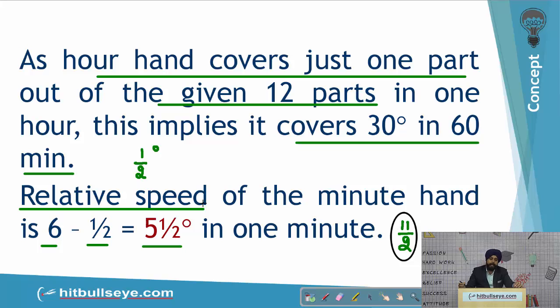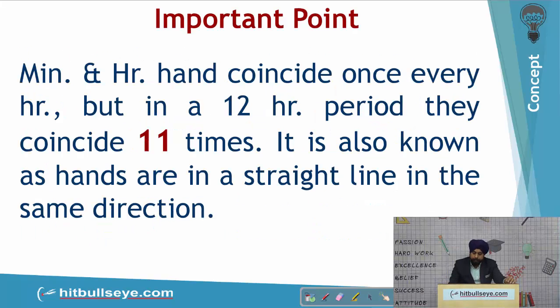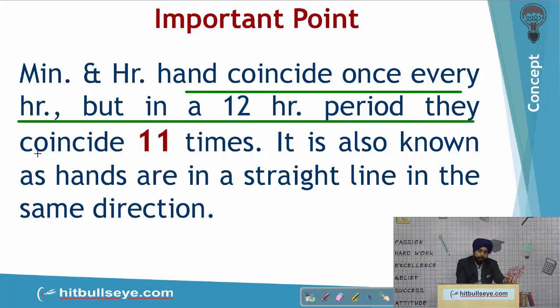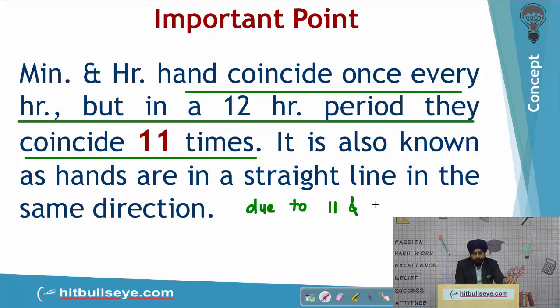Now let's go to a few important points before we start with the questions. The first important point is, students, that the minute hand and hour hand coincide once every hour, but in a 12-hour period they coincide 11 times. So they don't coincide 12 times, they coincide 11 times. This is due to only one coincidence between 11 and 1. So between 11 and 1, they don't meet 2 times, rather they meet only once,